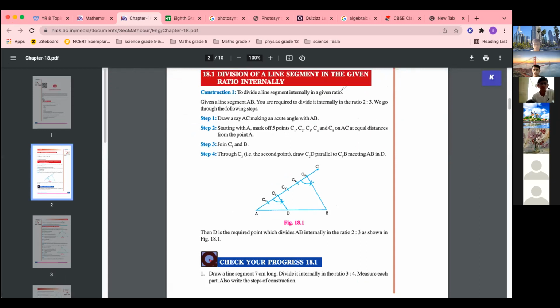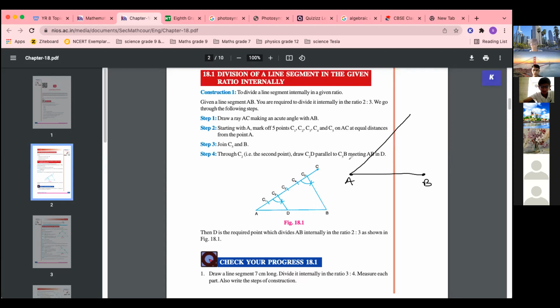So what you have to do, first of all, a line is given. So a line of particular length you will draw. Suppose AB. This is AB, and this will be given as a line of particular length. So this is given. Now you make any acute angle on a particular side. Means on A, we'll make any acute angle. So draw a straight line like this.